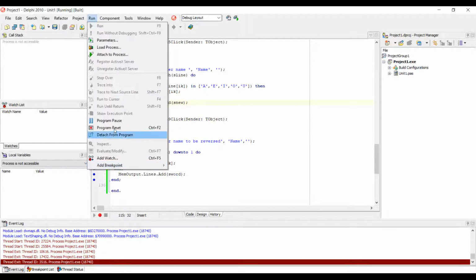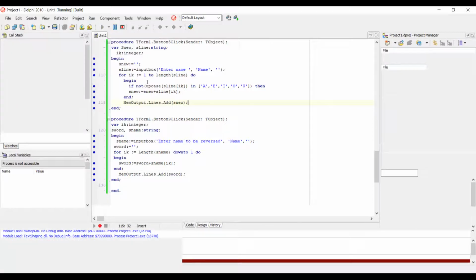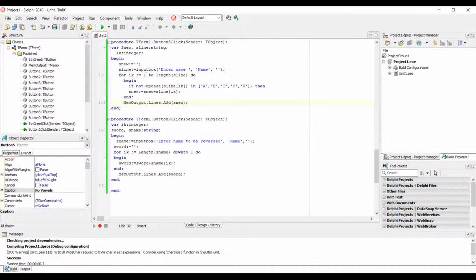If I can say program reset again, quickly run through: initialize sNew to a space, bring in the name through the input box, and then loop up to the length of the name and check if it is not in the vowels, comparing capitals with capitals, and build up your new word using the plus sign. Thereafter, outside the loop, make sure that you display the sNew, which is the new word without